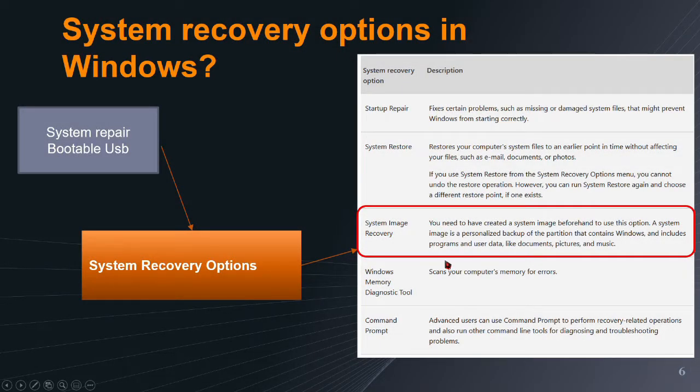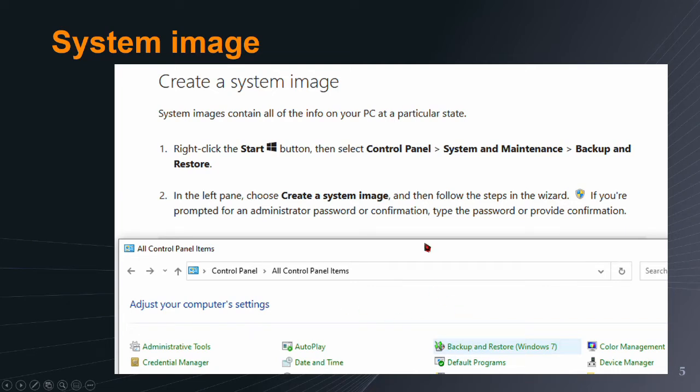And once the image has been created, this will create a system image in hot mode. There are two modes when you create a backup. There is a hot mode, when your computer does not need to restart, and the cold mode. The cold mode is when your computer is restarted and there is no operating system running. So the system image created by Windows is working, but it is done in hot mode, so it is done when Windows is already running.